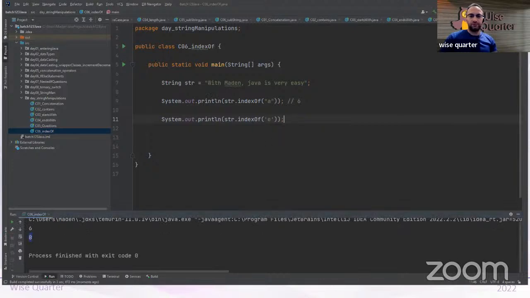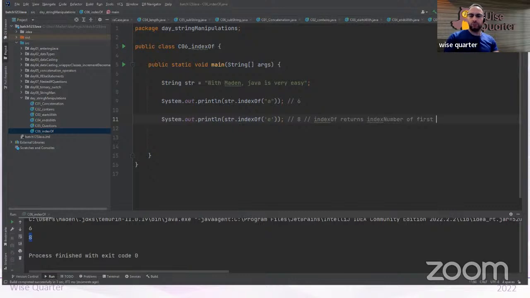Eight, perfect. If the A is 6, 7, 8, it is. It is working without any problem. I want to write and explain it here. Index of returns the index number of the first